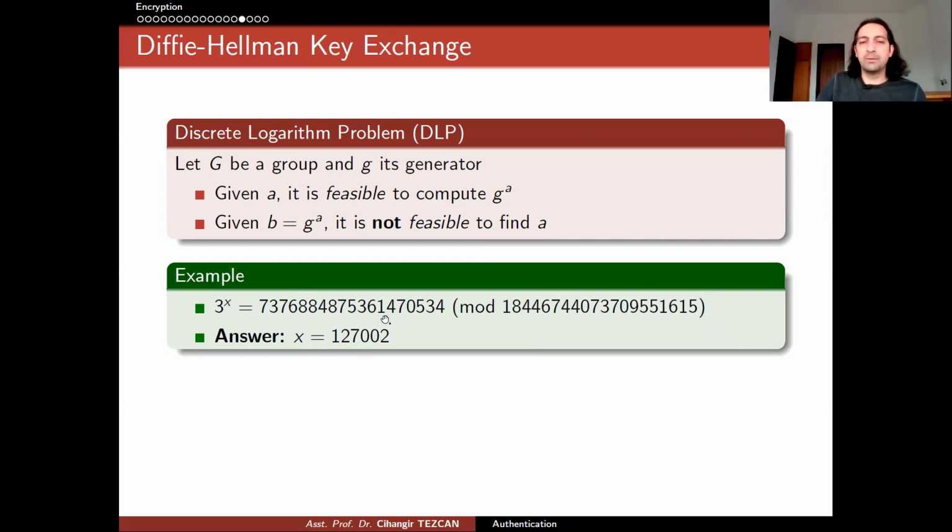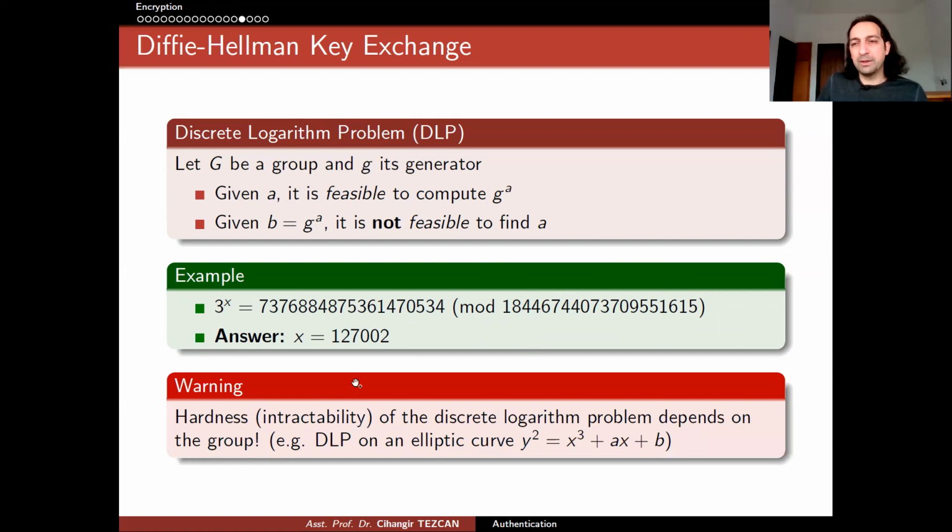Okay, so the discrete logarithm problem is this. But again, the hardness of the problem depends on the group you are working with, as I just mentioned, because if instead of this modular arithmetic you use simply real numbers or integers, the problem is easy to solve. But there's even something harder to solve. Instead of using modular arithmetic like this, we can choose the group as the points on an elliptic curve. So this is why there is an area called elliptic curve cryptography. Most probably you have heard of it before, but in this lecture we will not go into details. But the discrete logarithm problem becomes a lot harder if you work on elliptic curves.